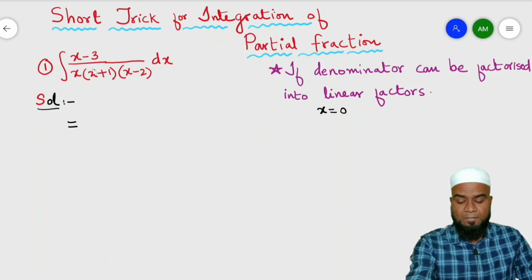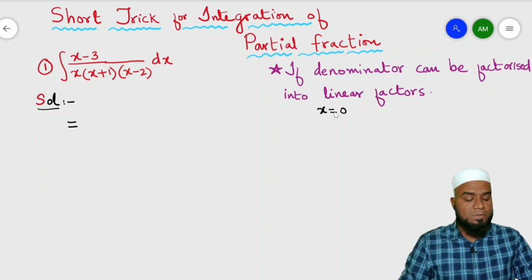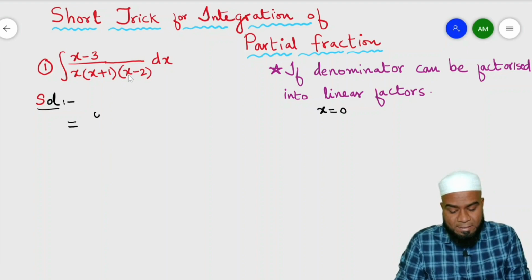That is 0 minus 3 in the numerator, and in the denominator 0 plus 1 and 0 minus 2. Then log of